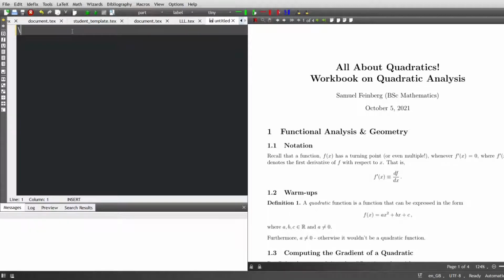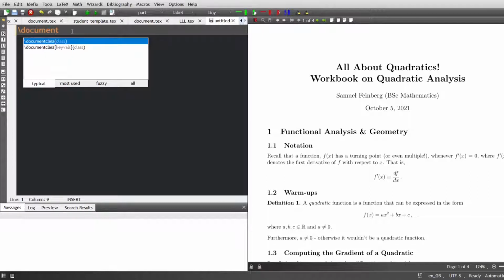This always comes first, and there are numerous different types. There's article, there's report, there's AMS proc, there's AMS book, there's SCR article, which is a KOMA script, not like COMA, it's KOMA. So let's choose article,